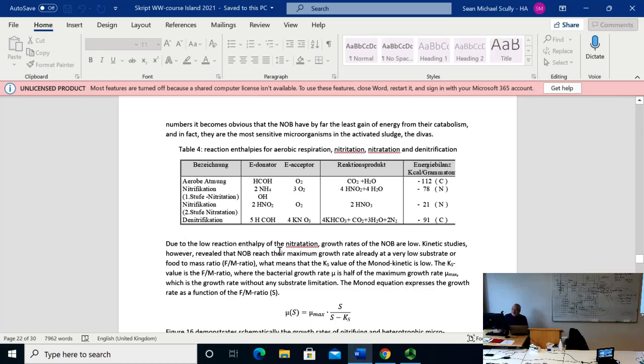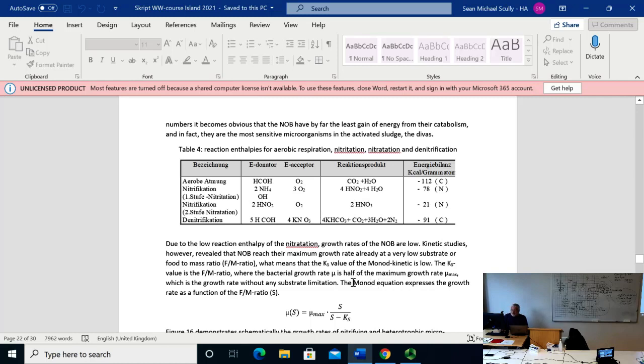Due to the low reaction enthalpy of the nitratation, the growth rates of NOB are low. Kinetic studies, however, revealed that NOB reached a maximum growth rate already at a very low substrate or food to mass ratio, the F/M ratio, which means that the Ks value of the Monod kinetic is low. This Ks value is the F/M ratio where the bacterial growth rate mu is half of the maximum growth rate, mu max,